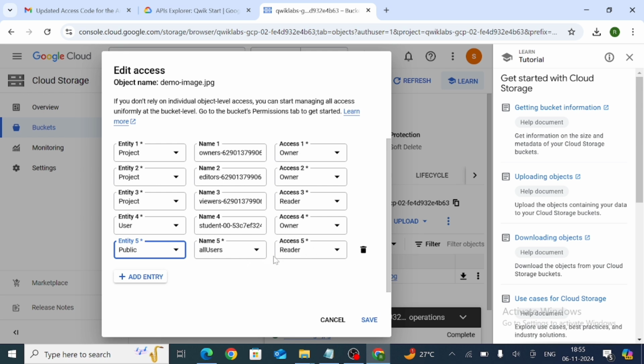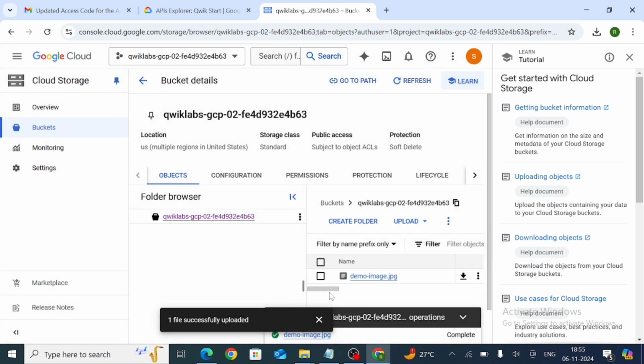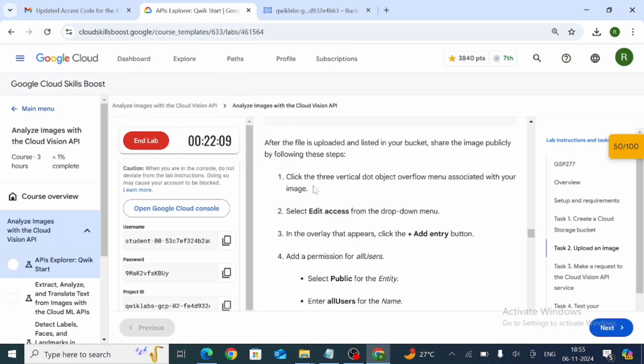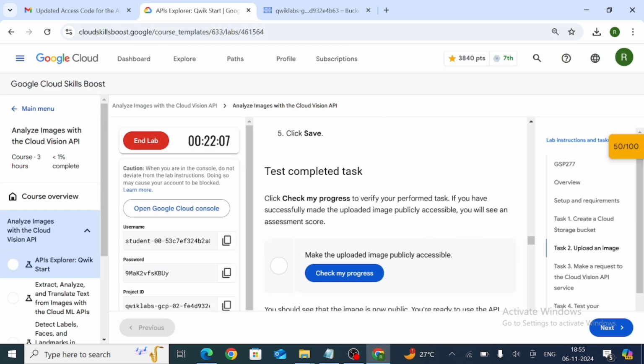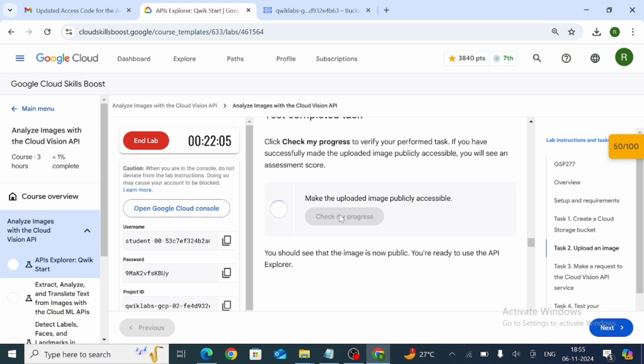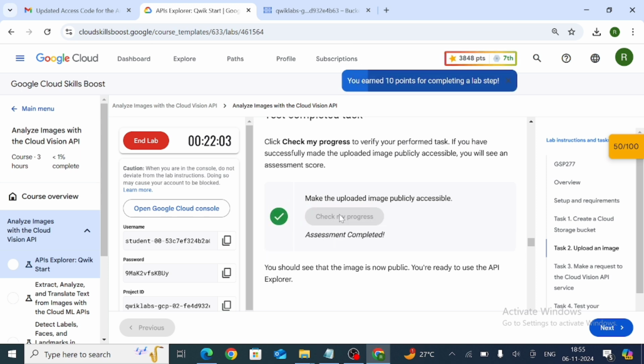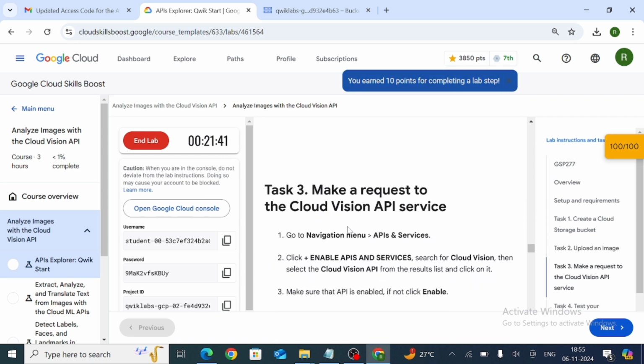So it is by default selected, so no need to change anything. Now just click on save. Now go back here and check my progress. Check my progress. So we successfully complete this task.